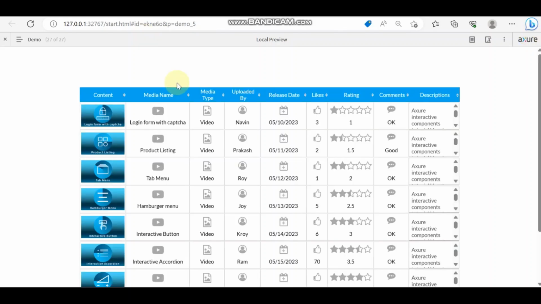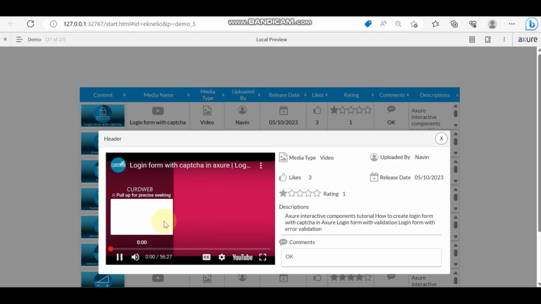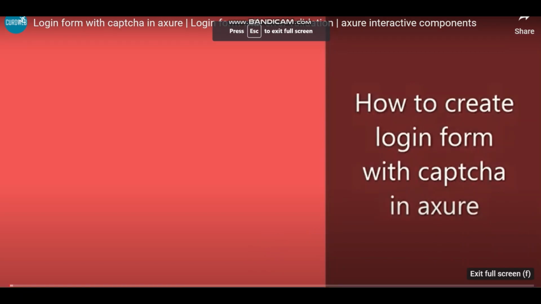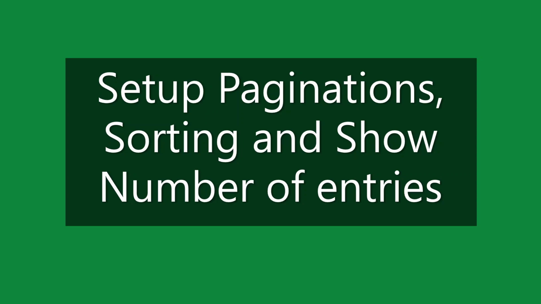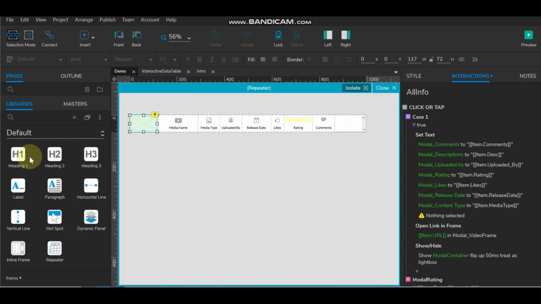Now we'll preview. So while we click on this, login with captcha, and it is working fine. The next video, okay, that header was missing. So we'll set the header,